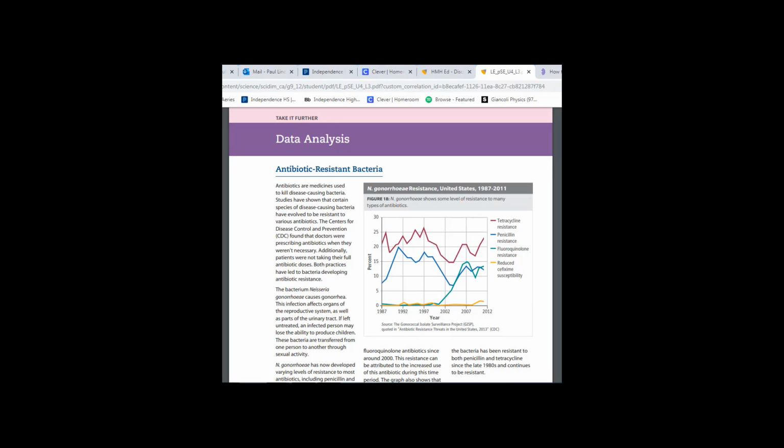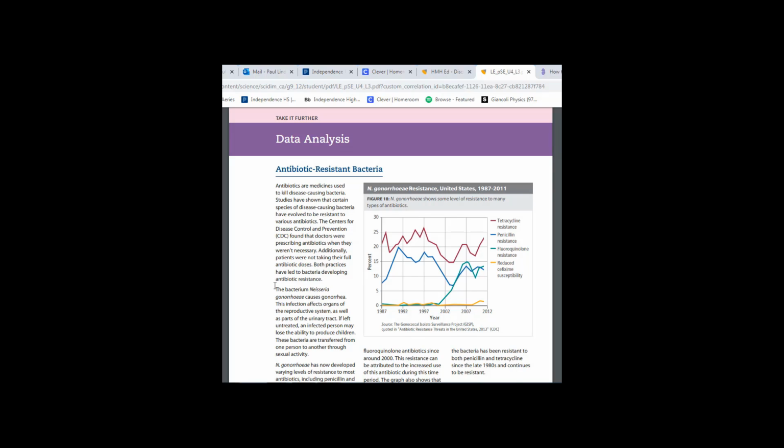This is page 243 of your HMH book. So if you have your book, please pull that out and open up this page. And I'm going to read this, and please follow along. Antibiotic resistant bacteria. Antibiotics are medicines used to kill disease-causing bacteria. Studies have shown that certain species of disease-causing bacteria have evolved to be resistant to various antibiotics. The Centers for Disease Control and Prevention, CDC, found that doctors were prescribing antibiotics when they weren't necessary. Additionally, patients were not taking their full antibiotic doses. Both practices have led to